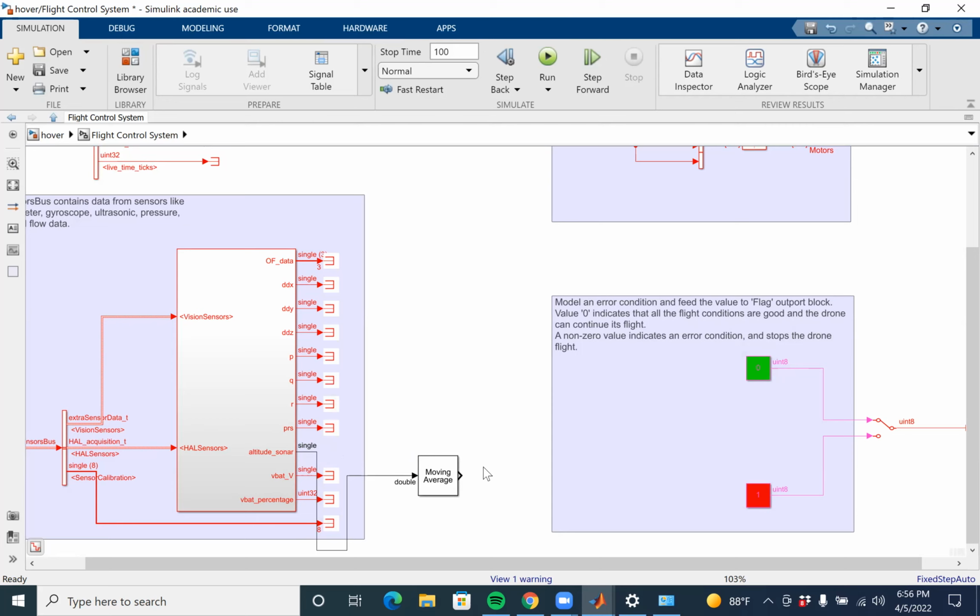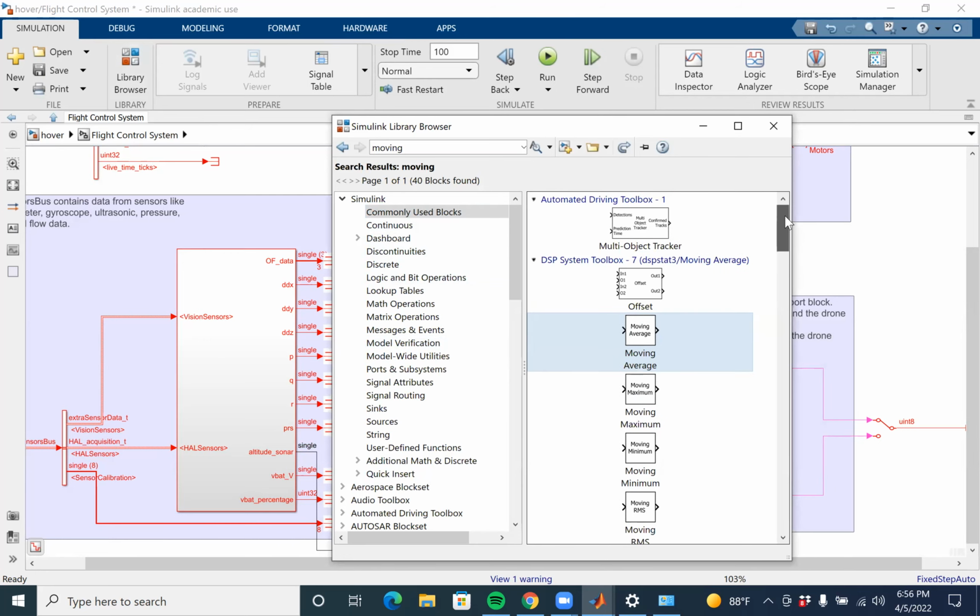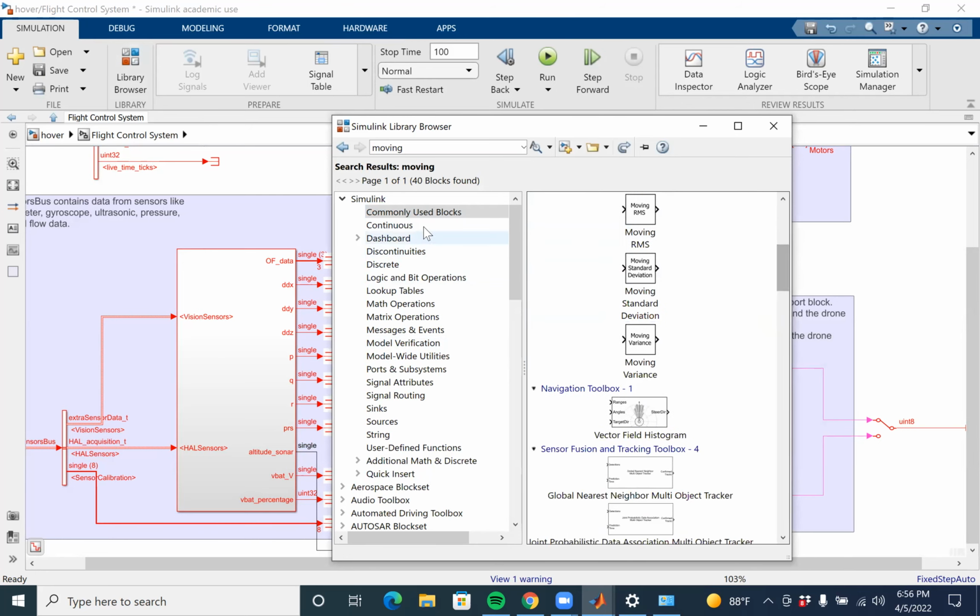Then in moving average, go to library browser, commonly used blocks, find the,